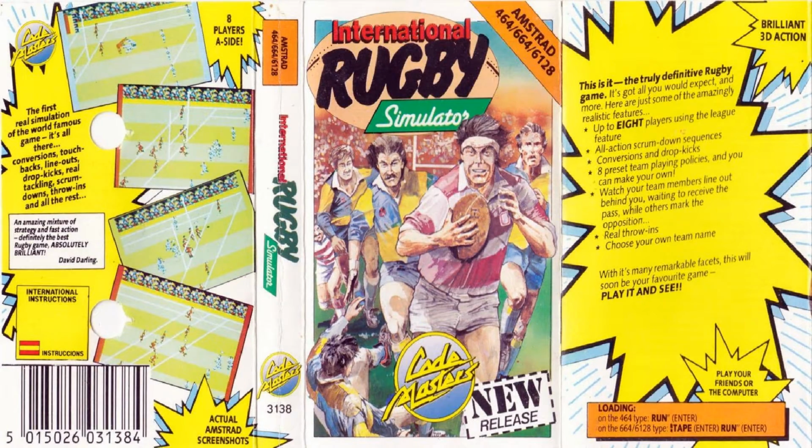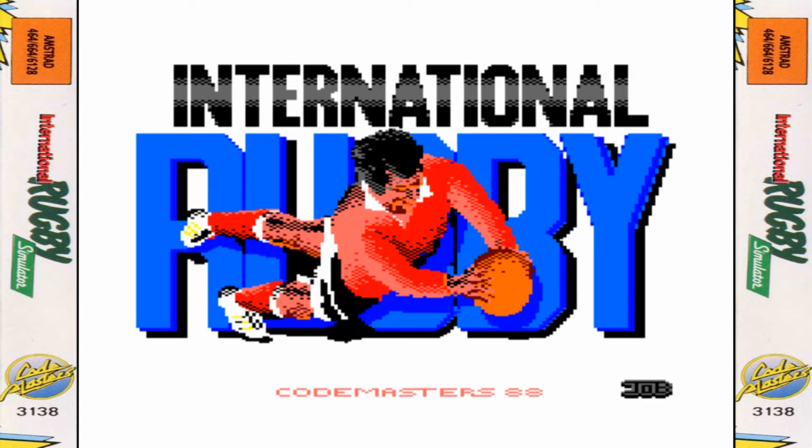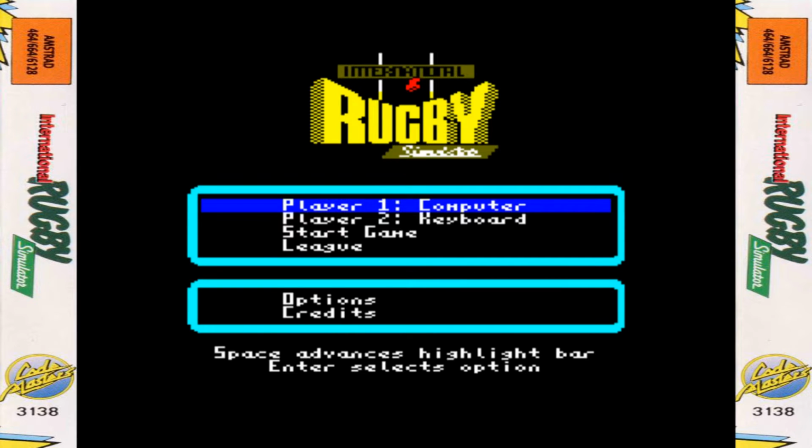Alright guys, this is a long play and review for International Rugby Simulator on the Amstrad CPC, released by Codemasters Software in 1988. And this also appeared on the Quattro Skills compilation, which is where I first had the game. Now this is sometimes known as Advanced Rugby Simulator, but only on the EDOS re-release, so I'm not sure why it was renamed. And it's not to be confused by International Rugby by Arctic Computing's